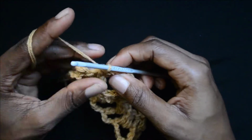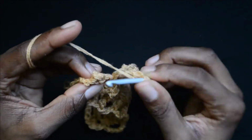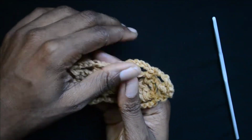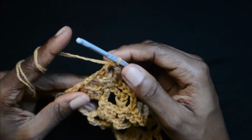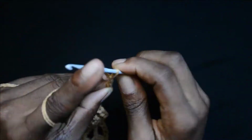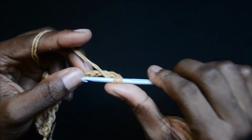And now that we're almost done, chain 3 and do a double crochet at the top of the chain 3 that we did at the beginning of the previous row. And with this, we've come to the end of row 3. To begin row 4, which is our final row, we're just going to be repeating what we did in row 1. So you start by doing a chain 6, 1 2 3 4 5 6. Once you're done with your chain 6, you're going to do a double crochet in the 4th chain from the hook,